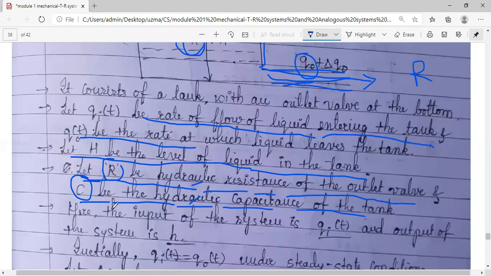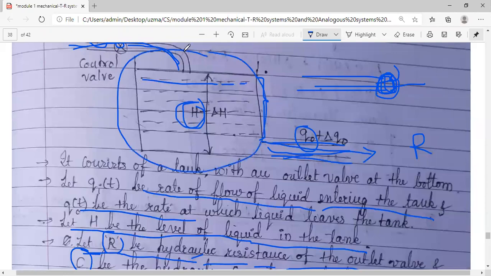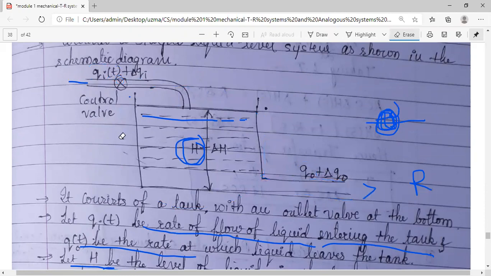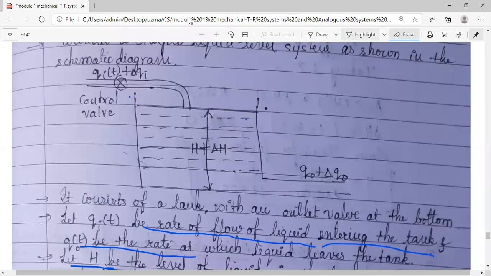So for this particular system, what is the input and what is the output? Because majorly we want to find the transfer function, it is very important for us to find what the input and what the output is for the system. Can anybody just look at this and tell me what the input for the system is? Try to analyze the figure. For this tank, what is the input? Please have critical thinking, analytical thinking. It will help you to grow.